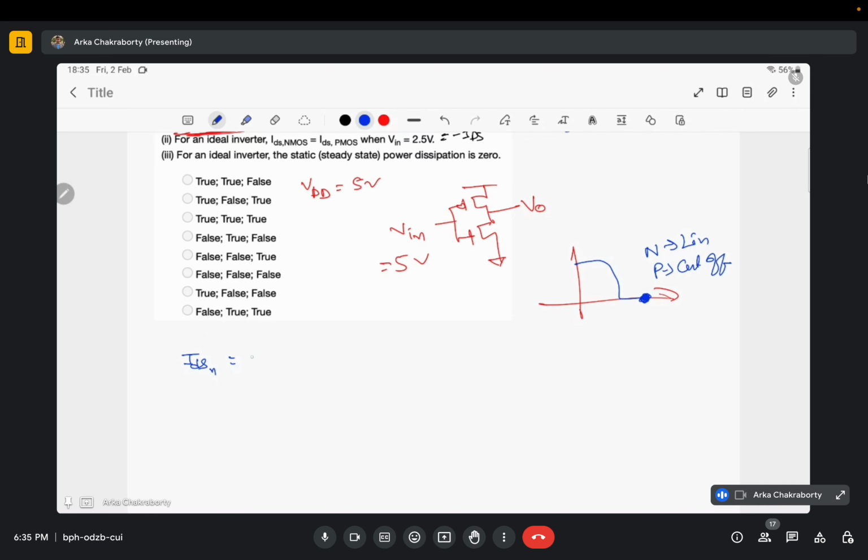It would be mu Cox W by L times VGS minus VT, whole square, by 2, because it is in saturation region, right? So I've taken the saturation current equation. And IDSP would be mu Cox